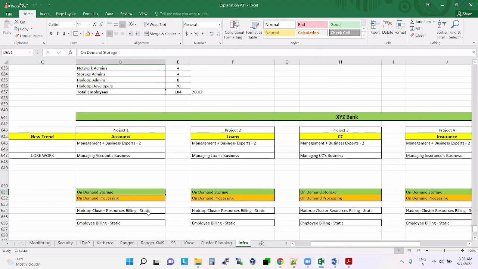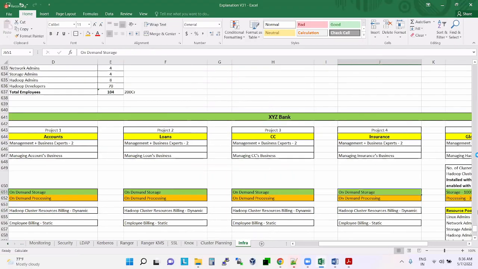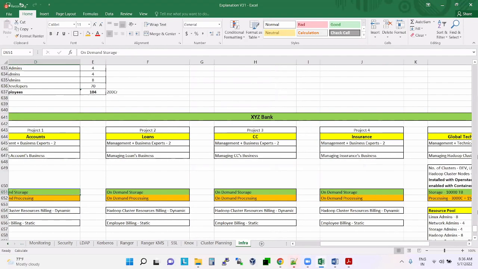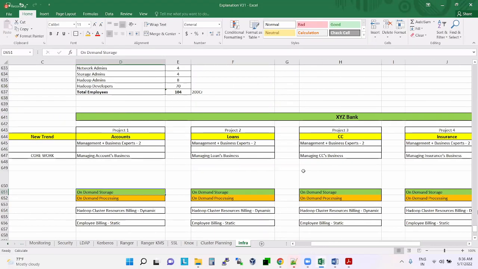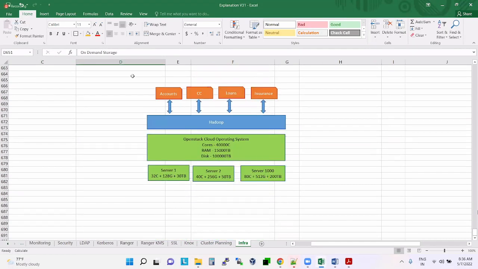Now, is Hadoop resource billing static or dynamic? Dynamic. So this is how it is happening, guys. This is what they are building, this is the model.